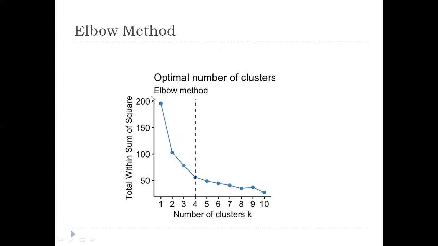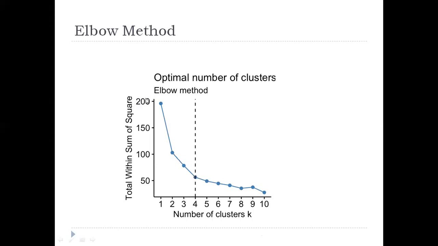You will plot that on the y-axis, and on the x-axis you'll plot the number of clusters, with a range of clusters from 1 to 10. That's the usual range of number of clusters that anyone can have in their data. For all the different values of k, you will run the algorithm, calculate the total within sum of squares, and then plot the graph.